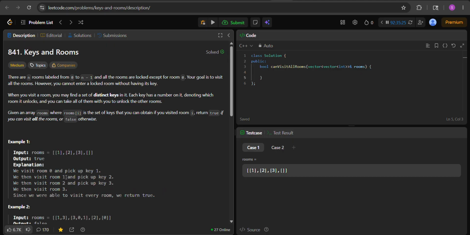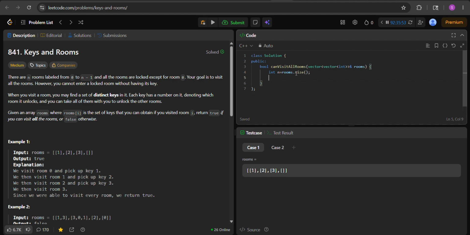So there are two approaches for it, the DFS approach and the BFS approach. In this video I'm going to be explaining the DFS approach. So let's now write the code for it. I will make a separate DFS function, but first let's write n is equal to rooms.size. Okay, and for DFS we need another